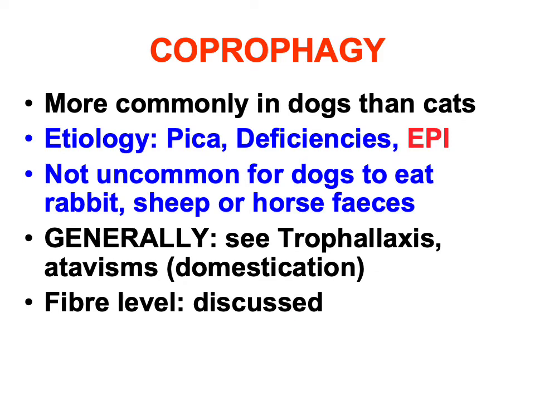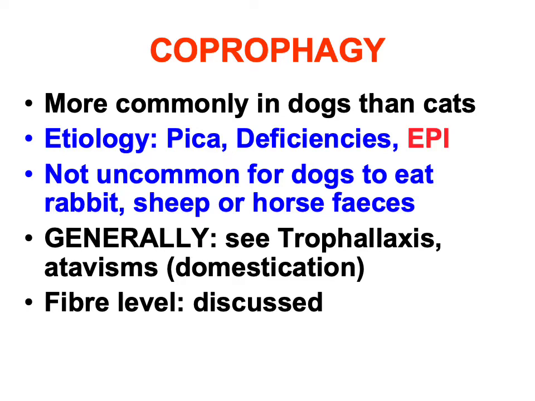We also have to mention the coprophagy, which is not a serious disease, but a social problem. This most commonly occurs in dogs rather than in cats. The etiology may be a pica. It means a bad habit. Pica means eating what is not a feed. This is a bad habit, or maybe